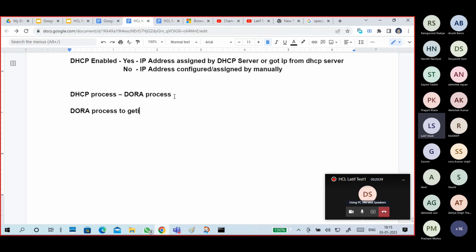to get an IP address freshly. You don't have any IP address, then you are getting a new IP address. Freshly you are getting an IP address. You know, RA means not DO, only the RA part, request and acknowledgement, is used to renew